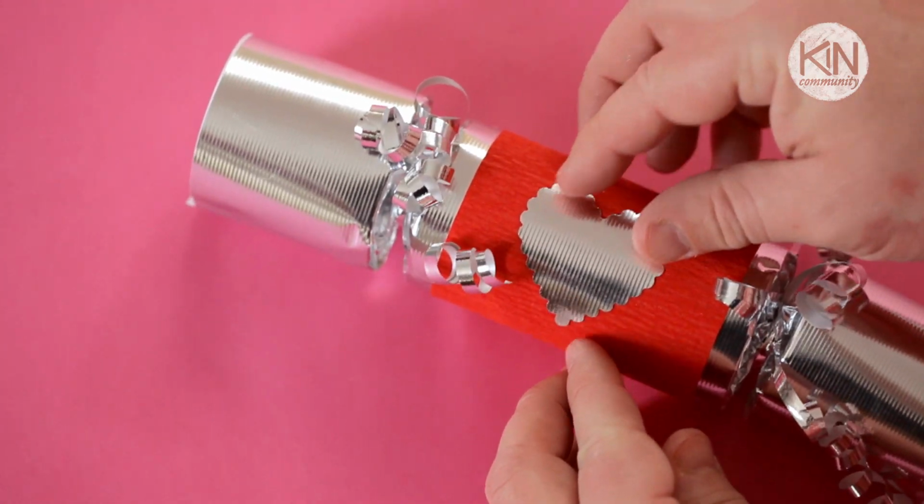I do hope you'll give this project a try, experiment with different ways of decorating the party cracker, and have